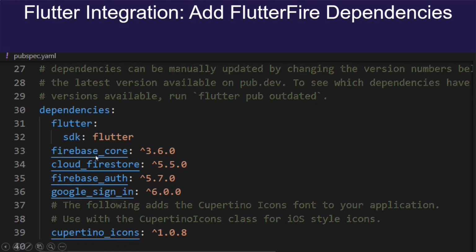One is firebase_core, then cloud_firestore, firebase_auth, and the google_sign_in package. In order to use these four packages, you have to mention them inside your pubspec.yaml file. Without writing these, you cannot use these packages, right?